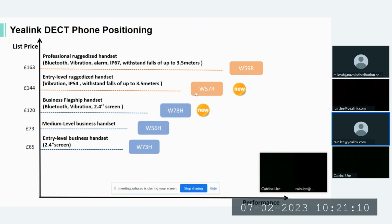For this slide, it shows the level of the DECT solutions. The W70, W57R, as I have said before, are new products, and also the W78H is also a new product. Everyone here who attends the webinar can share the NFR model of the new DECT products. And also,